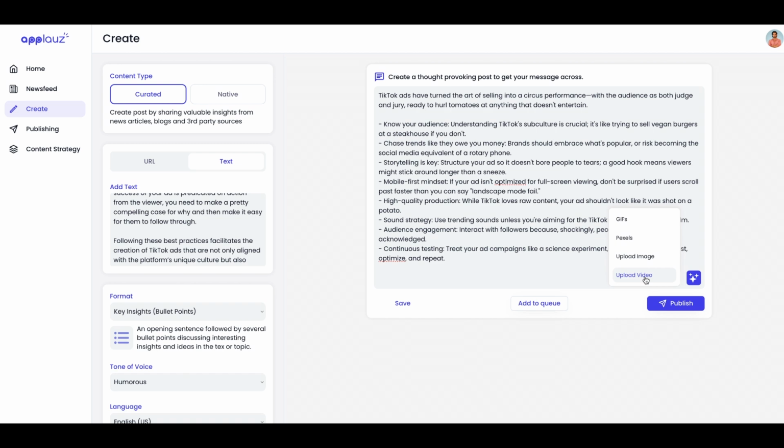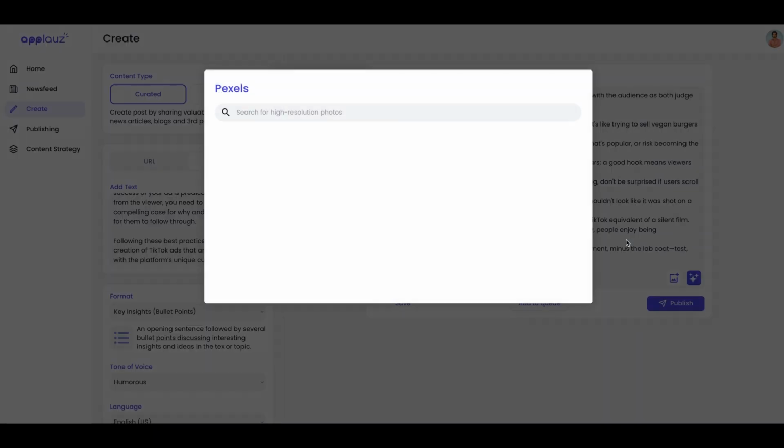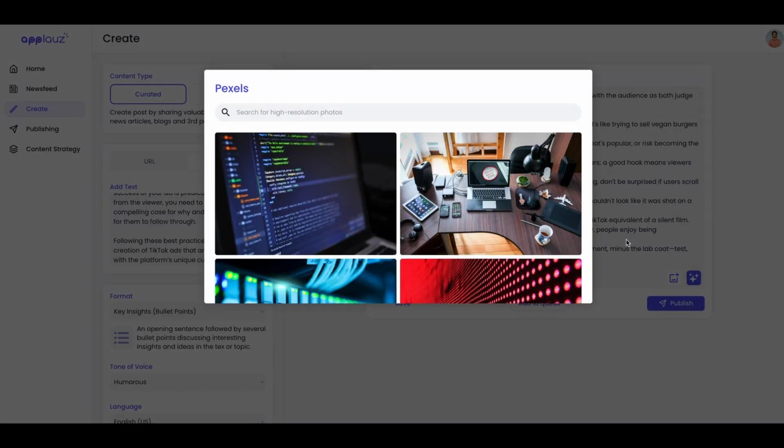You can upload a video, where you simply select a video stored in your computer, and you can upload that as an attachment with this post. You can also upload an image, or you can add a stock image or a GIF. So let's look at this option, Pexels, which is high quality stock images. The beauty of Pexels is you can type in a topic, so let's say TikTok, because this post is about TikTok. Click enter,